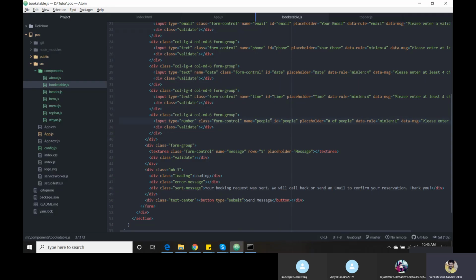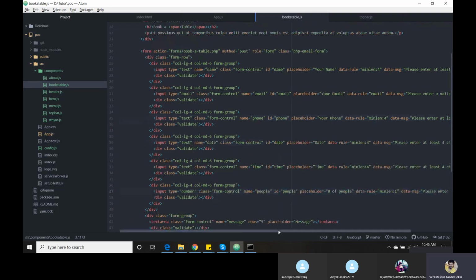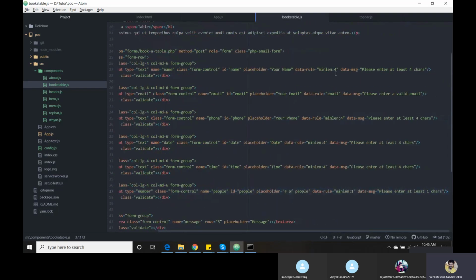They have common validations for the template, so we don't need those. As I said, they have used the data rule plugin. It helps to validate, so we don't need such a thing. We need to do our own.